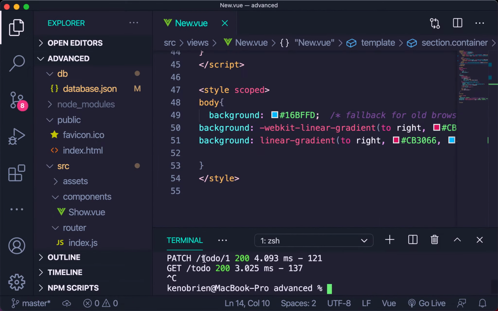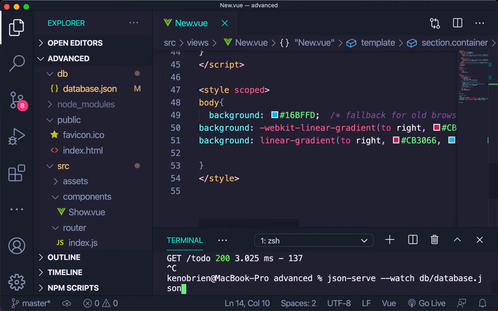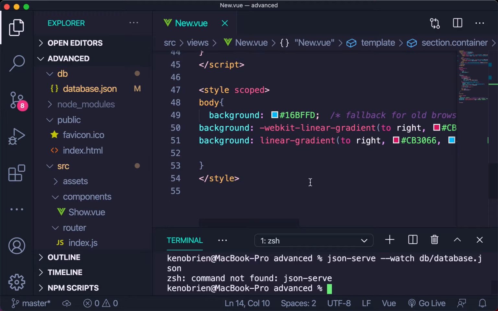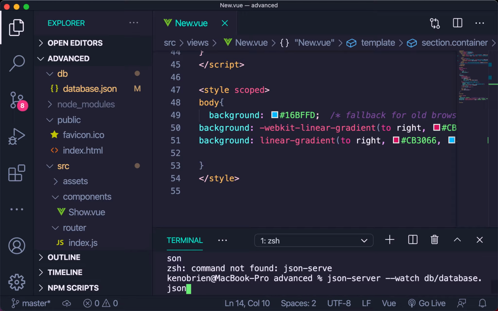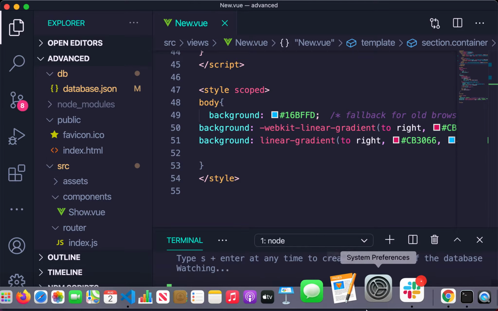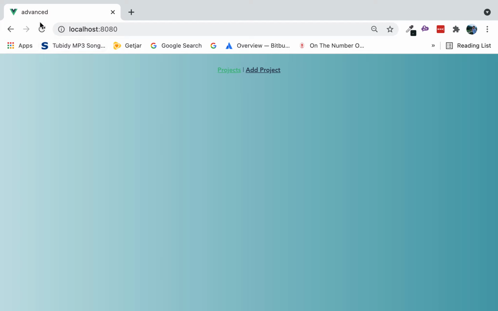my backend server yet. And so let me start my backend server by running the command json-server --watch db/database.json. Oh, I meant to say json-server. json-server --watch db/database.json. So our backend is open, and so if I refresh it,